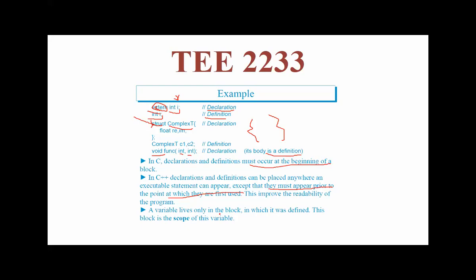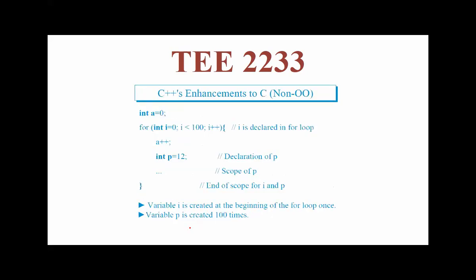Then a variable only lives in the block in which it was defined, and this defines the scope of a variable, right? So let's look at an example where we talk about the scope of the variable. int a = 0; for (int i = 0; i < 100; i++) Then we open our block here. a++ increments a. I mean, this a is being incremented there. int p = 12;